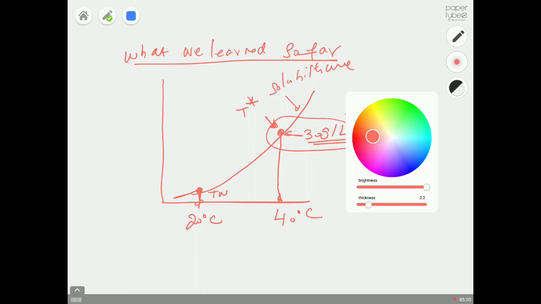And then your solubility concentration at 20 degrees centigrade will be, say, 20 grams per liter. So we are going to create a supersaturated solution to work at 20 degrees centigrade. We know the solubility concentration at 30 grams per liter, so what we are going to do is add 30 grams per liter,